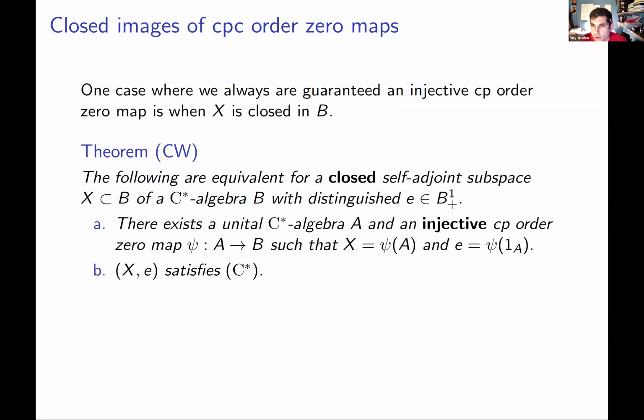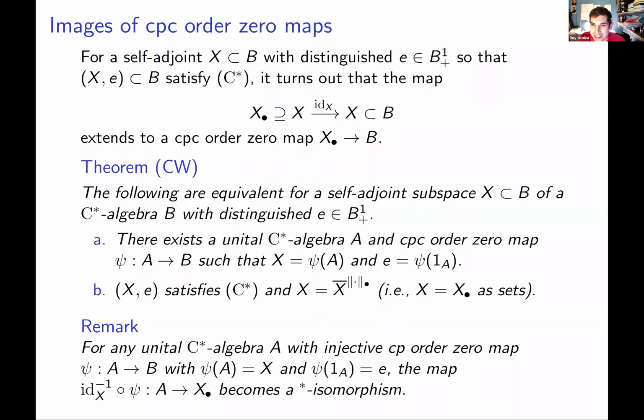Hey, Kristin, may I ask a question? It's Roy. I know I asked this before when you spoke at Purdue, but quickly again: if I were to assume X was actually injective, does this bullet, this pre-C-star structure you're defining here, coincide with the multiplication that I can say induces on an operator system if it's already injective?